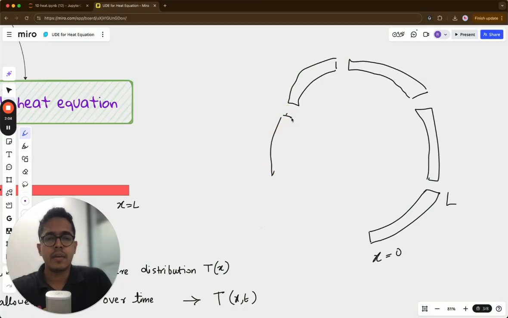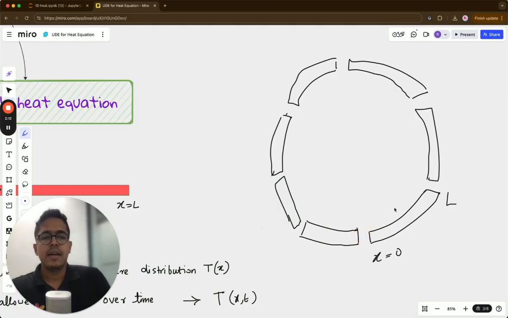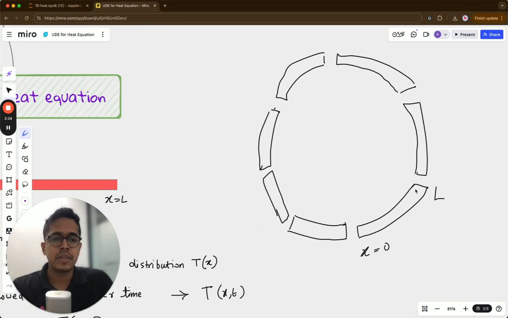I'm sorry, this is supposed to be a circle, but I hope you get the point. So you repeat the rods such that, in the absence of any convective or radiative heat transfer loss, whatever heat flow is happening at this end of the rod,